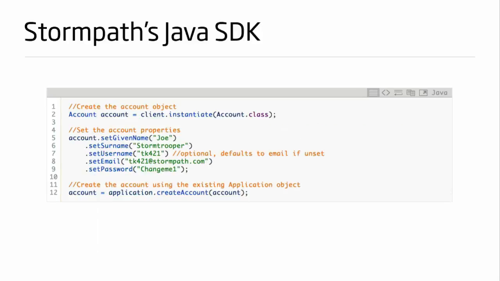For example, to look at the Java SDK, this is how you would do it. You create a new account object, then you set the properties, and then you create the account. If you're a Java developer, this looks much easier than that curl command. This really took off for us. A lot of people started using it, and some SDKs are more thorough than others, and our Java one is our most popular, and our Spring one is by far the most popular in the Java version.